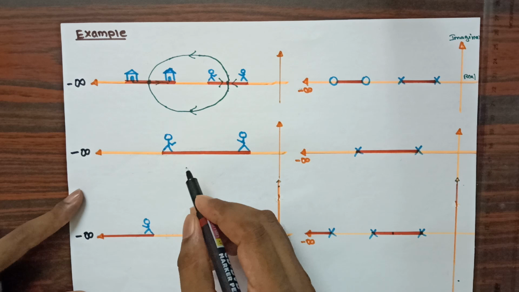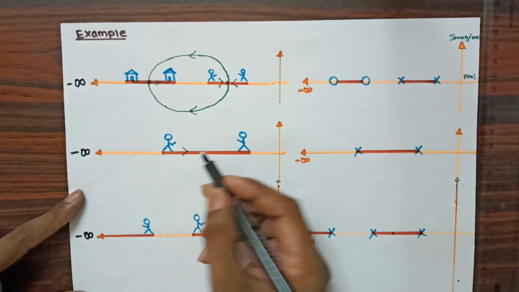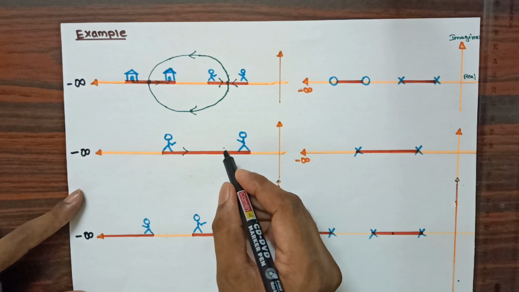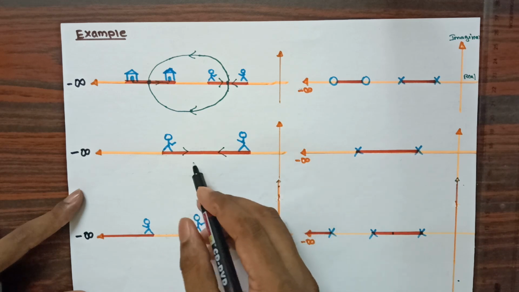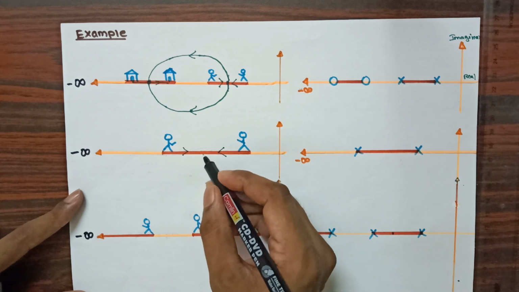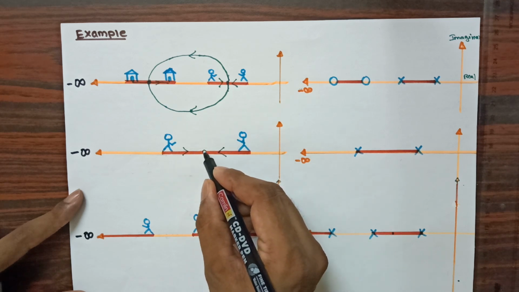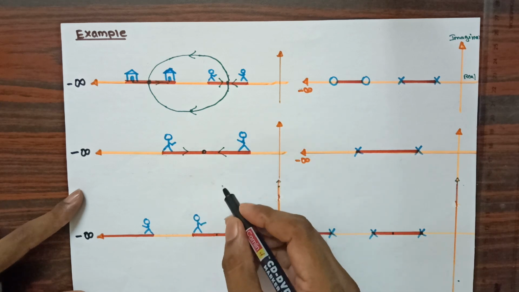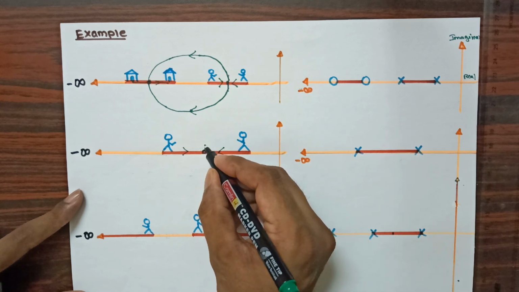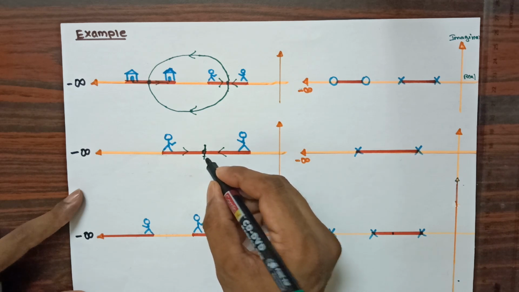When I give the input instruction to these two persons, this person will start to move in this direction and this person will start to move in this direction. Then finally they are going to meet at one common point. As we know, when two persons are there, we call that point a breakaway point. Suppose they are meeting at this point and they are going to come out. One person will come out in the upward direction, another person in the downward direction.